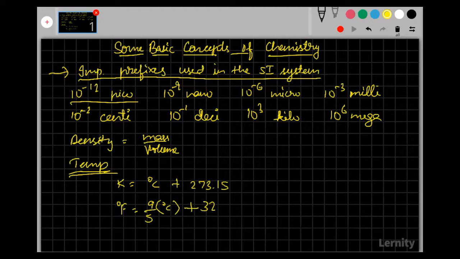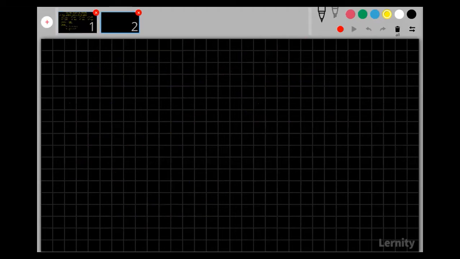Significant figures is a topic that is discussed in physics in more detail, so I'll not be discussing that in detail here. Coming to the laws of chemical combinations, we have 5 laws: law of conservation of mass, law of definite proportions, law of multiple proportions, Gay-Lussac's law, and Avogadro's law. These are the laws that you would have already read. We'll be focusing mostly on the important things from the need point of view, so I'll also give you all the important formulas. I'll just move ahead with the next one. Don't worry, at the end I'll show you all the slides again.